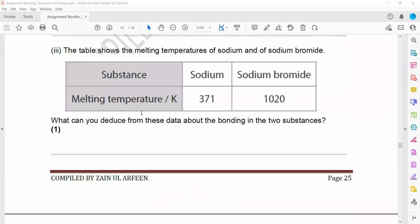The next part, the table shows the melting temperature of sodium and sodium bromide. What can you deduce from these data about the bonding in the two substances? When you check the melting point, it is 371 for sodium, but in sodium bromide, it is 1020. So which one is the stronger force in this example? In this case, ionic, because sodium bromide is having ionic bonding. So we can say ionic bond